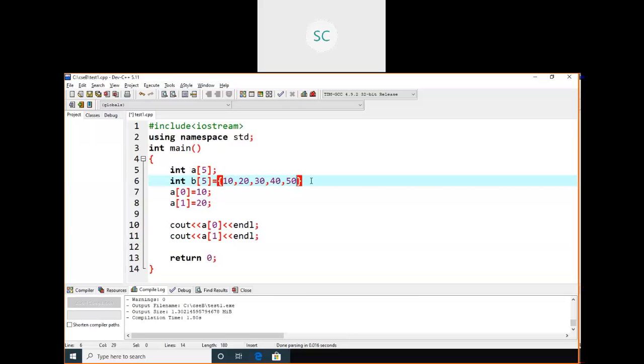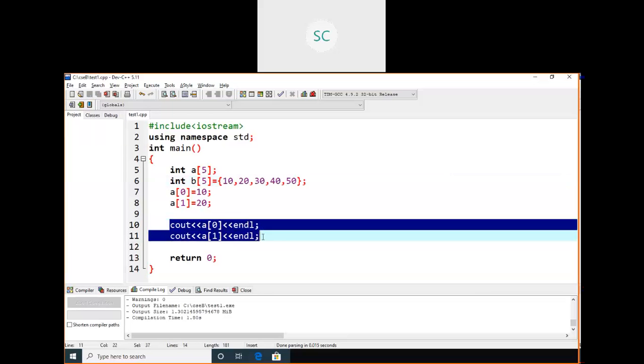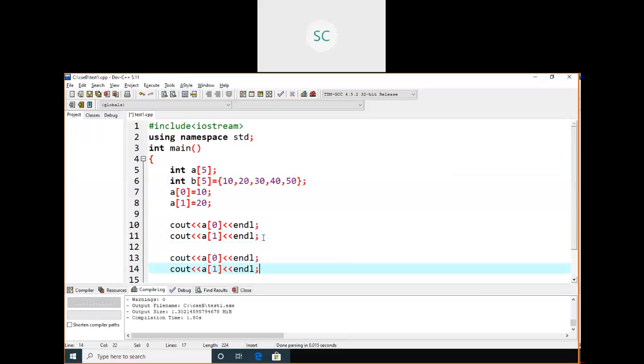This is another way you can assign data into an array. Now you can retrieve these elements in a similar way, by using the index value, such as b of 0 and here b of 1.